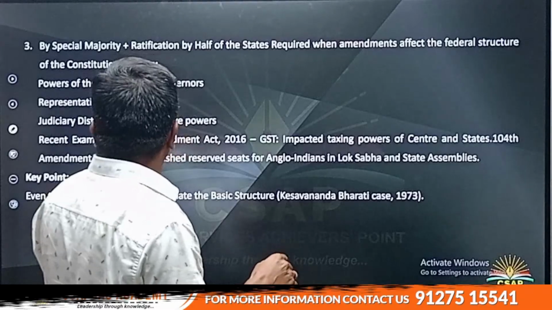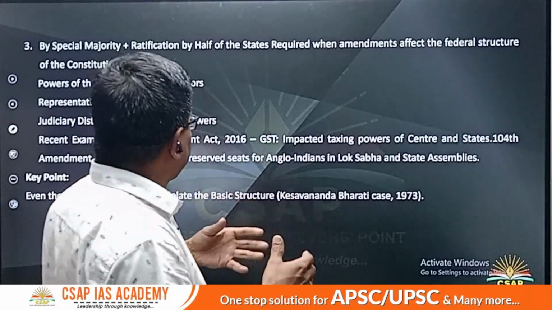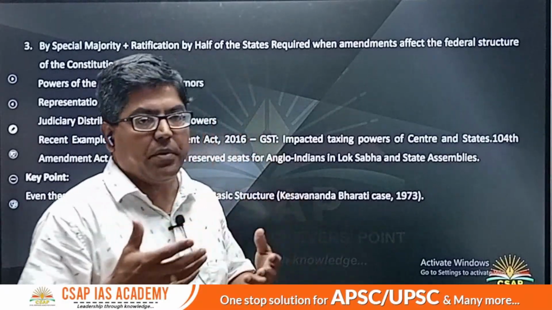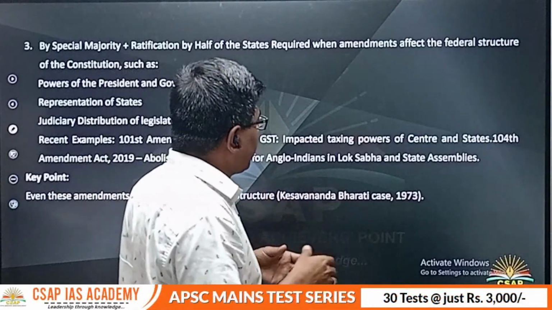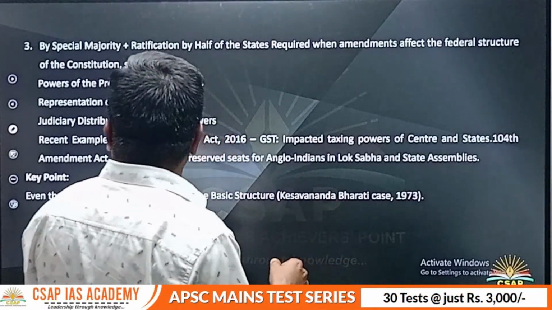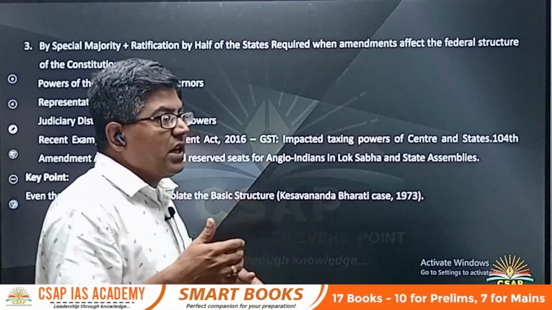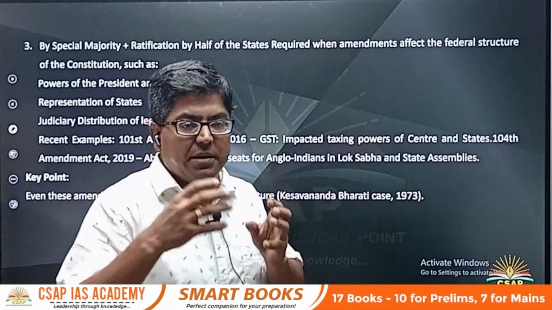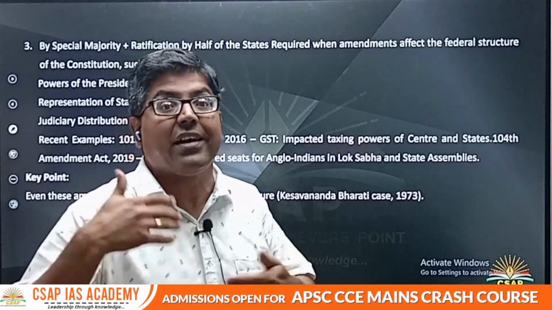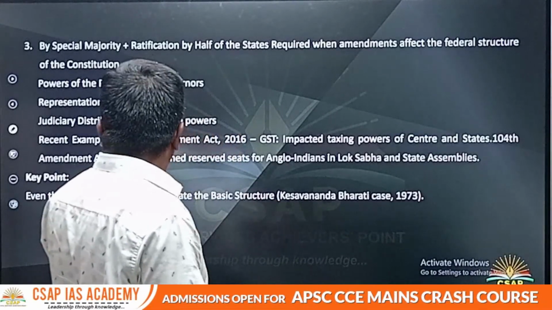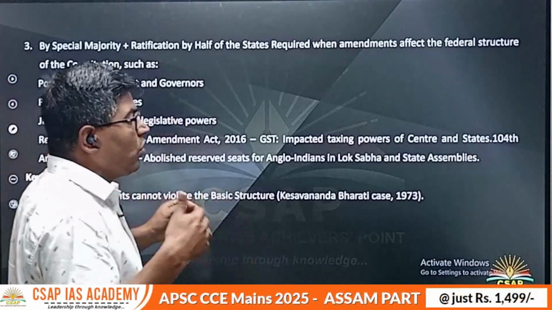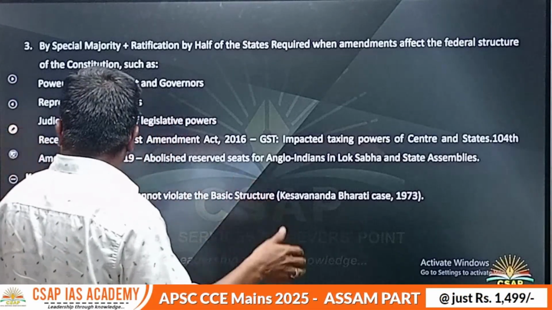And therefore we can think of the example of GST, goods and services tax, right? That is one example where you required such ratification by the states, because this taxing system is going to affect the states, their revenue also, right, and how the distribution of that revenue would be, right? All those aspects are involved, right?